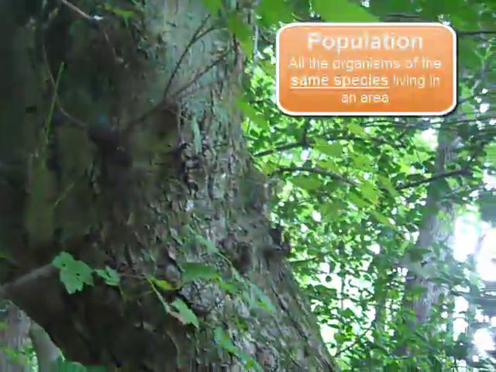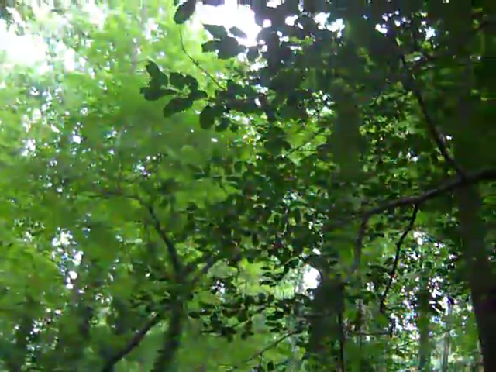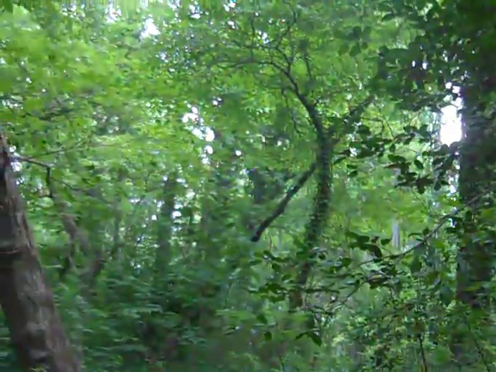And we could talk about how it fits in with its environment, but a more helpful approach would probably be to bump it up to the next level and talk about a population, perhaps the population of maple trees in this area, meaning all the maple trees that are around here. We could do a population study of how many there are, how many reproduce over the course of a year, how many die over the course of the year, and how old the different individuals are, things like that. Those would be parts of a population, all the organisms of one species living in a particular area.